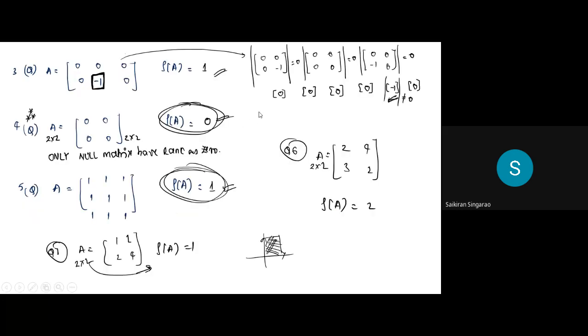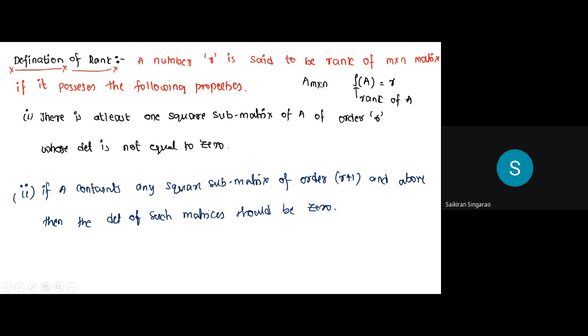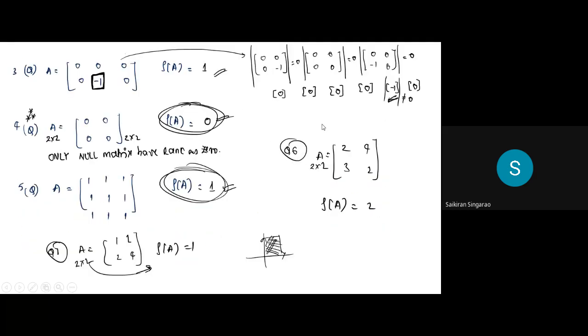You're understanding, right? If it's an M cross N matrix, whichever is smaller in M and N, if both are equal, very good, it's a square matrix. Whichever is minimum, that will be the maximum rank possible. That is called a full rank matrix. I will write those points. But listen to this understanding point here.